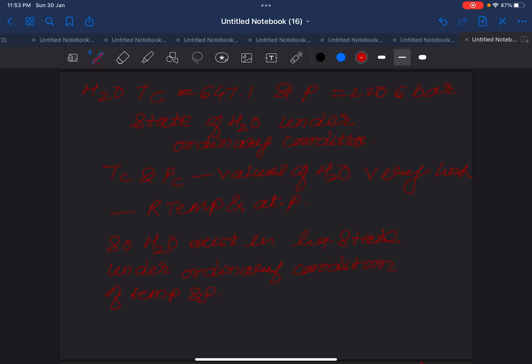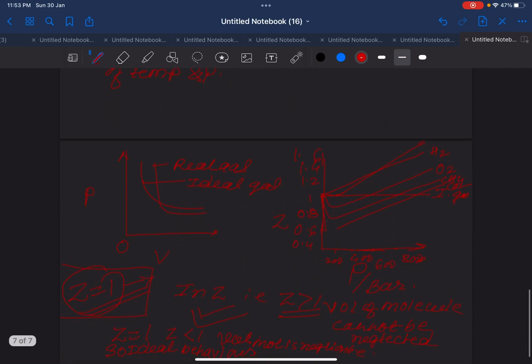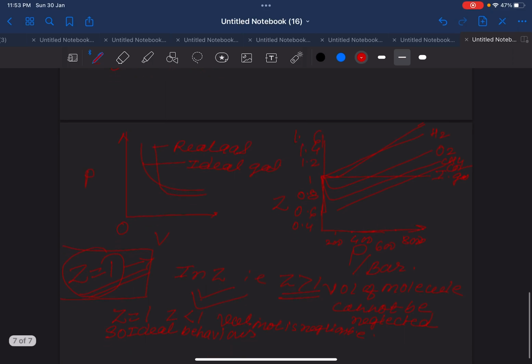हम लोगों ने जो कर्व निकाला था पिछले लेक्चर में, वो कर्व क्या बता रहा है अपने को? PV curves for various gases at different temperature reveal that under certain conditions the substance changes completely from gaseous state to liquid state. ये बोल सकते हैं हम लोग अंडर सर्टन कंडीशंस